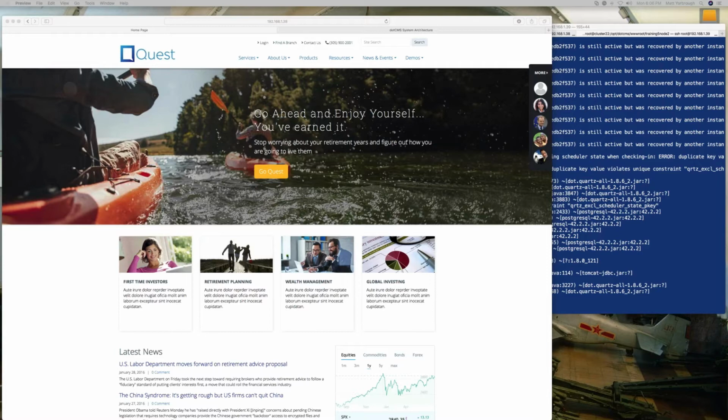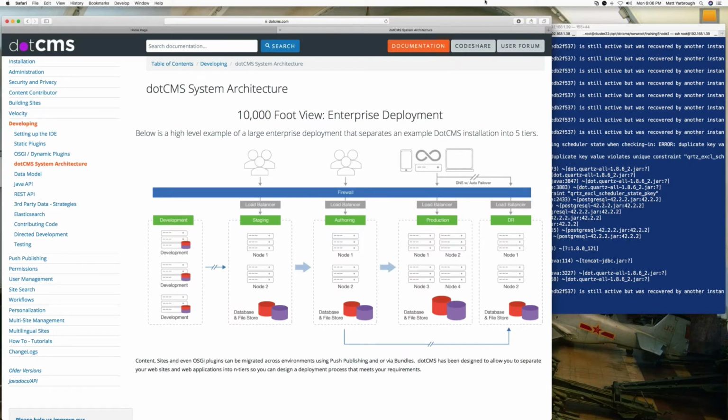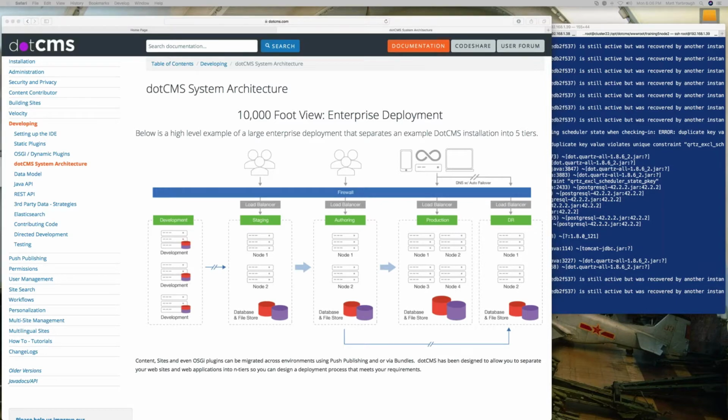It's sort of like the high level view. You have an architecture that will have a number of different dotCMS environments, and we'll come back to this diagram a couple times over the next 2 days. It's essential in understanding how different environments work together and how push publishing in particular can be best utilized. But we're going to get a little more detailed than that. We're going to get down into the actual components that make up a dotCMS installation itself, starting with